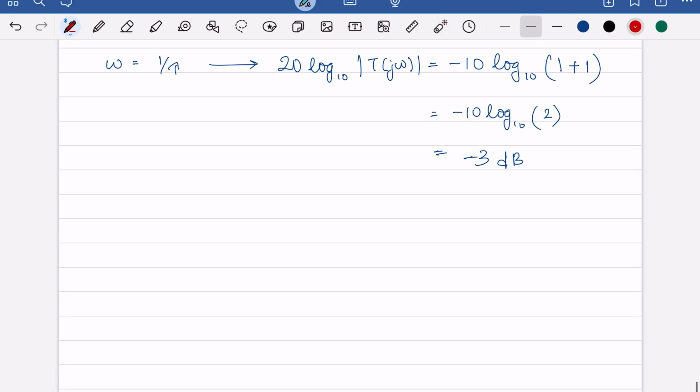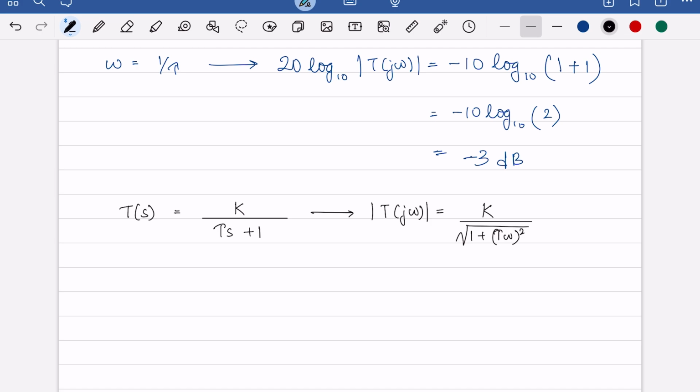Okay. So with that, I'd like to take it to the standard form of the transfer function for a first order system, which is given by T of S is equal to some gain divided by what we've been looking at as tau s plus 1. So in this case, your magnitude gain becomes k over square root of 1 plus tau omega whole square, right? It's quite similar. And if you were to do 20 log to the base 10 of this magnitude, you would obtain,